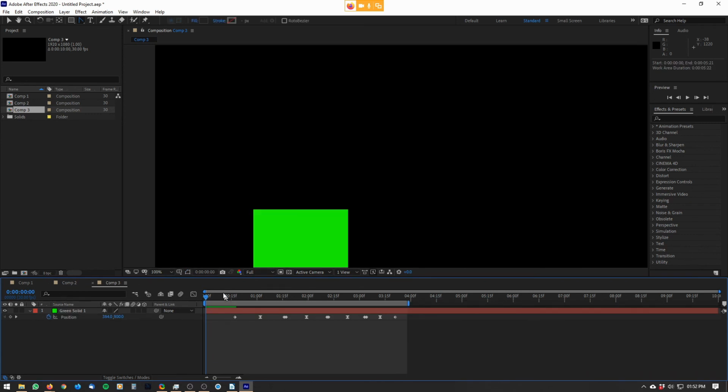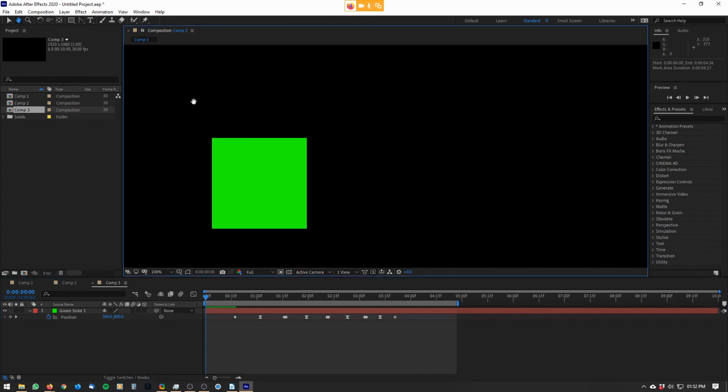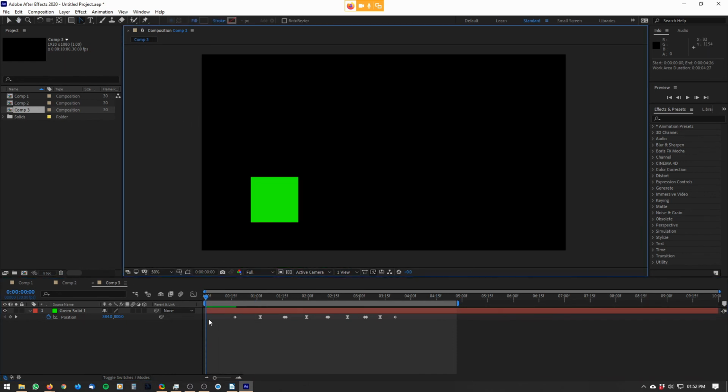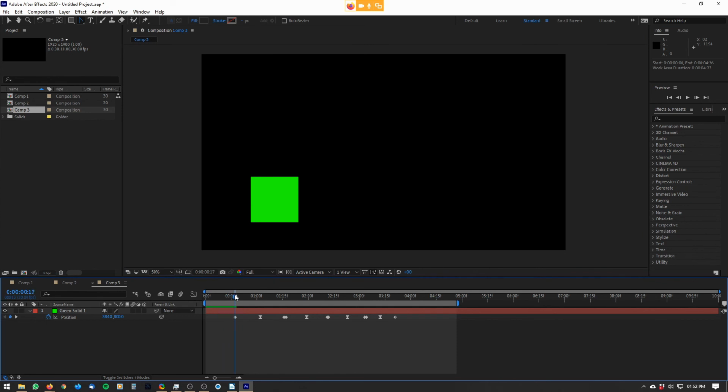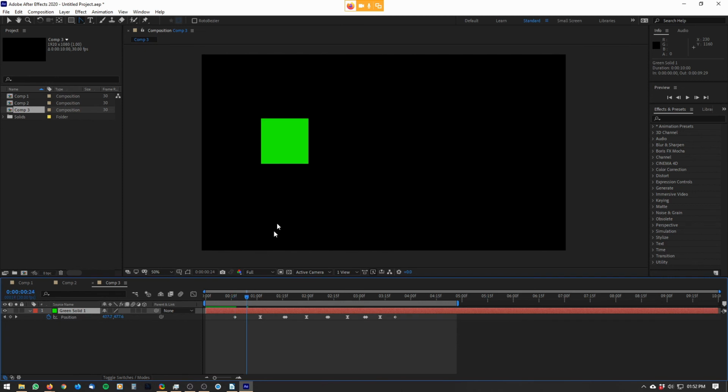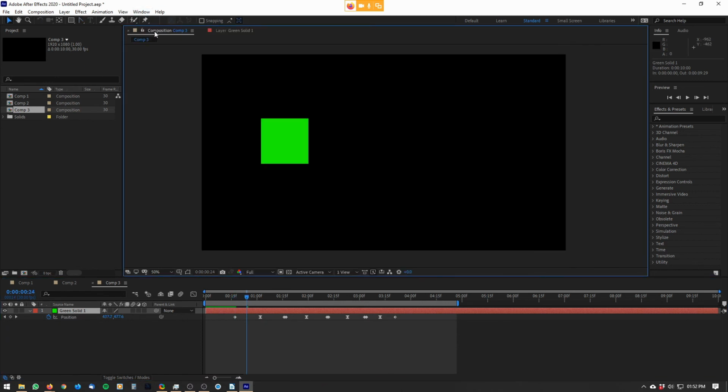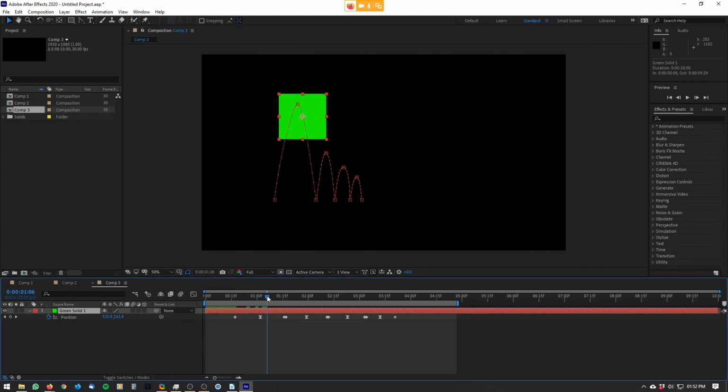Okay, I'm going to repeat that scaling and anchor point stuff now with this green one. So let's go through that all over again. So with my green solid over here selected, let me just go into the select tool. Oops. Okay, so we can see the path over there. When we scale it,